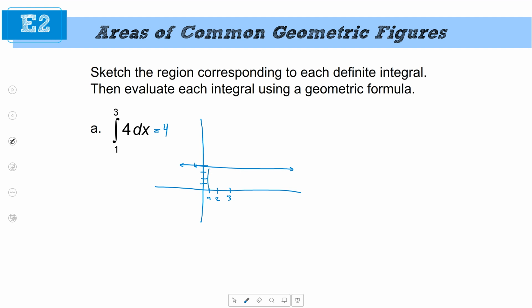Okay, so this is where you should be embarrassed. What does the graph of 4 look like? It's a horizontal line. If you're looking for the area under the curve of a horizontal line from 1 to 3, that's a width of 2 and a height of 4, and therefore the area under the curve is